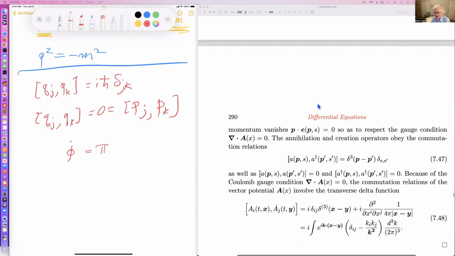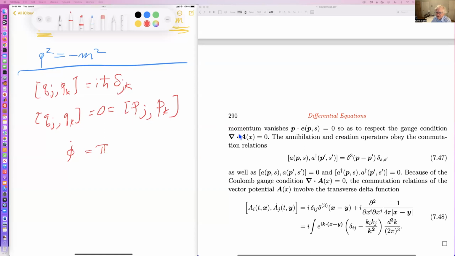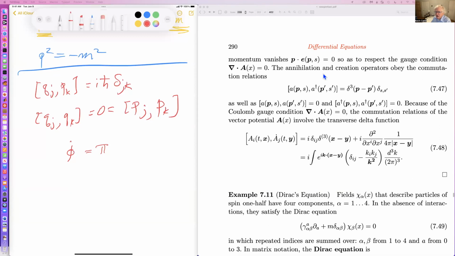So you have to have here P dot E equals 0, so as to satisfy this gauge condition. This is the Coulomb gauge condition. You then have the annihilation and creation operators once again satisfying these relations, but the Coulomb gauge condition makes the commutation relations of the fields more complicated. So instead of a nice delta function commutation relation, you get an extra term